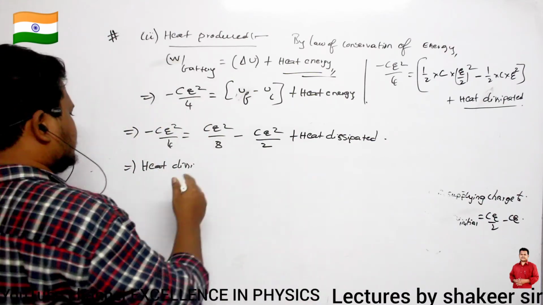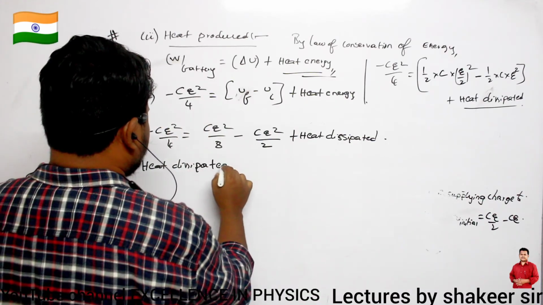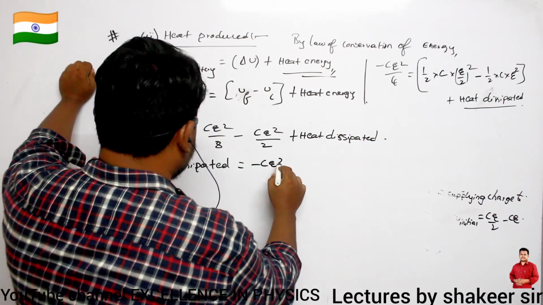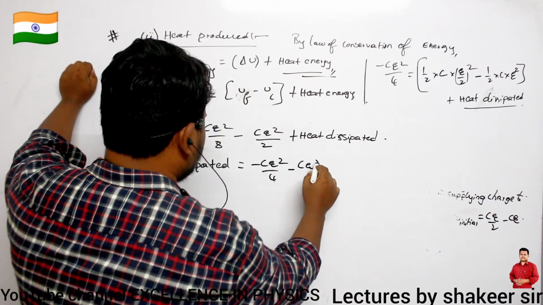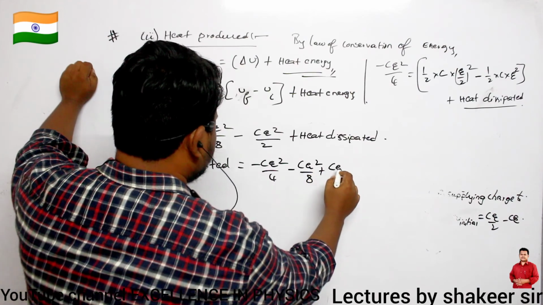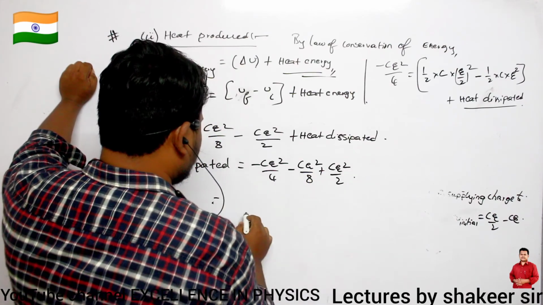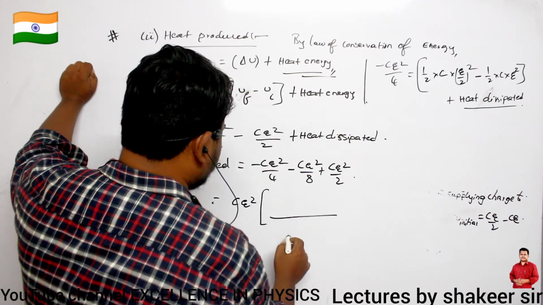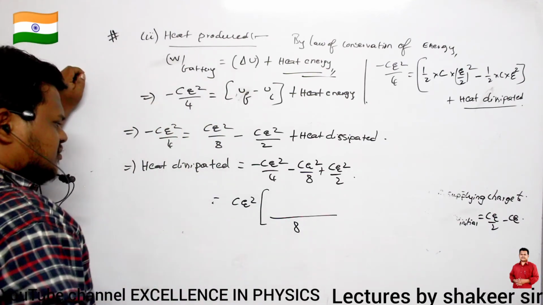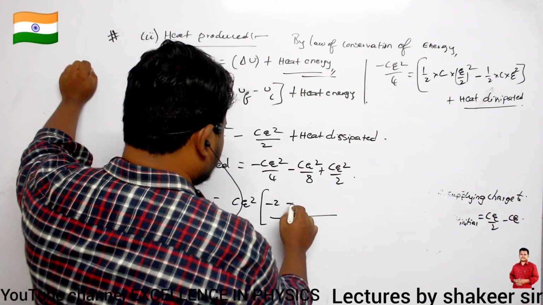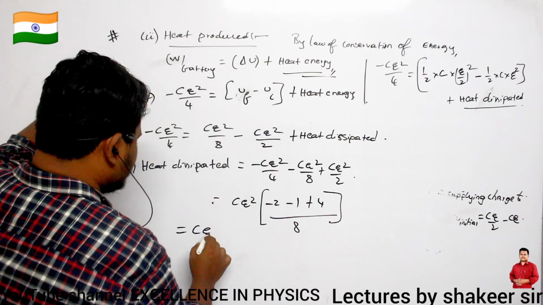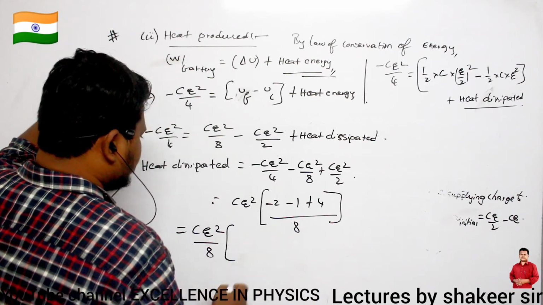Heat dissipated is equal to, now take all these terms to one side. So minus CE square divided by 4, minus CE square divided by 8, plus CE square divided by 2. Clear? So CE square I can take common and the LCM is 8. So therefore minus 2 minus 1 plus 4. So CE square divided by 8 multiplied by